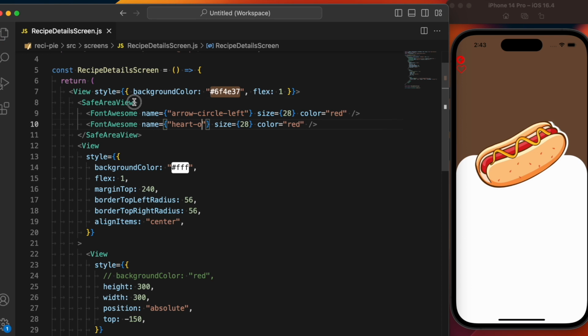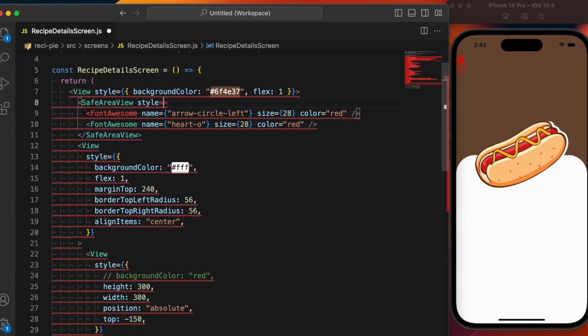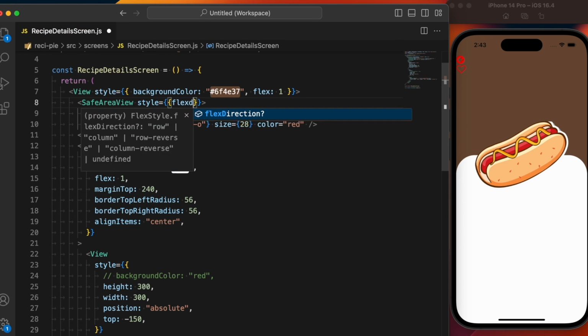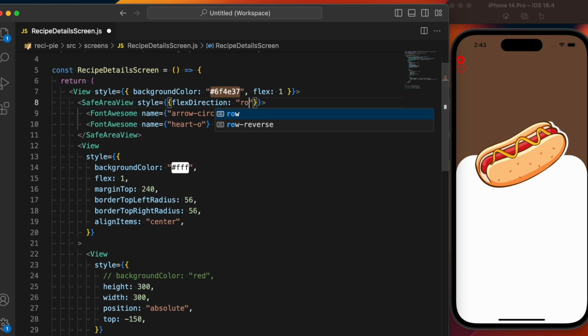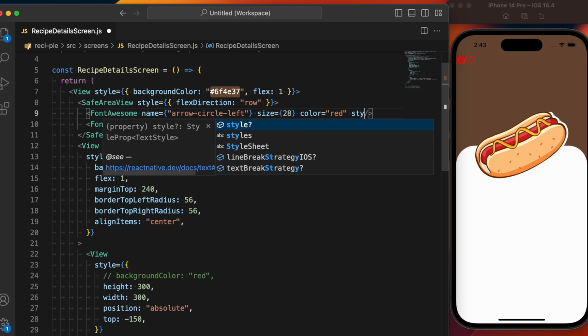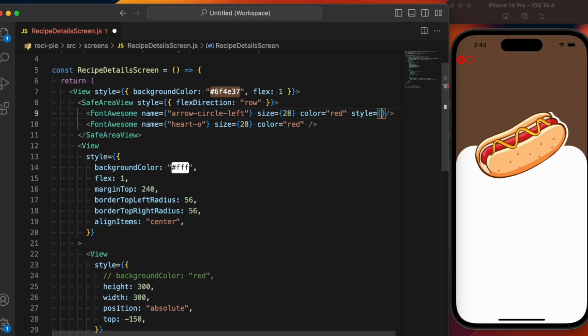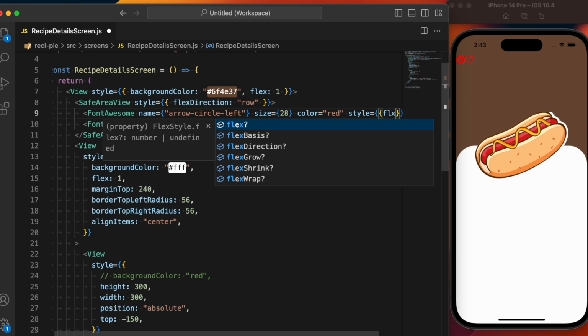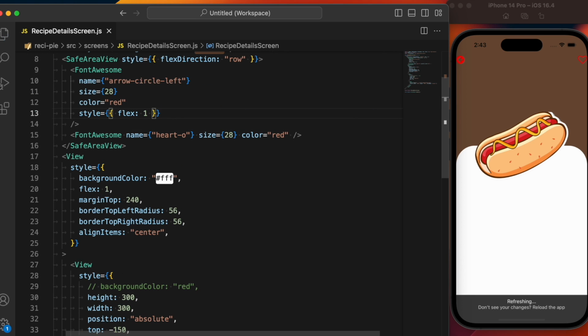Now we need to align them in a direction, in a row, and now we need to basically add some space between them. So what I can do is give a flex 1 to this icon. Yeah, we have a perfect spacing between them, and now we need to add some margin so that the icons do not stick to the extreme ends. So for that what we can do is